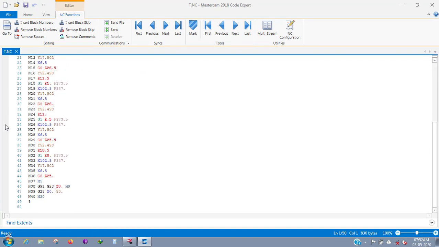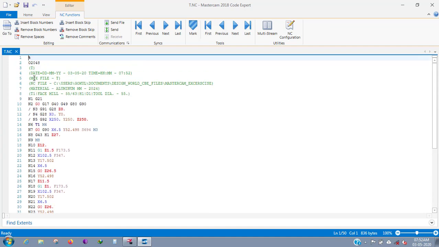This is the program, which is around 40 lines. Okay, for the machining there is only one tool involved for this option, and these are the times and the material, so and so things are available in it.